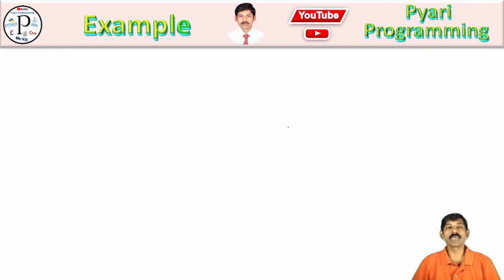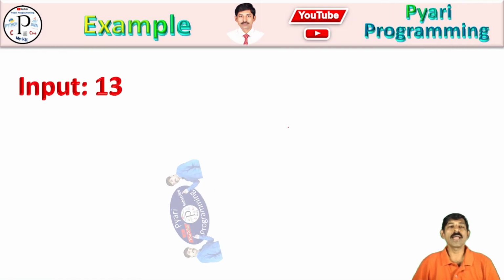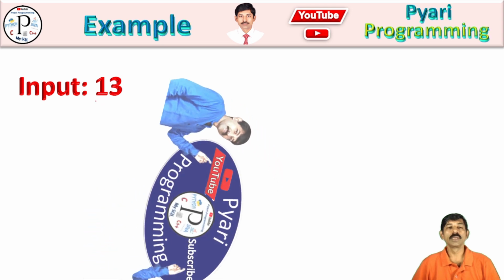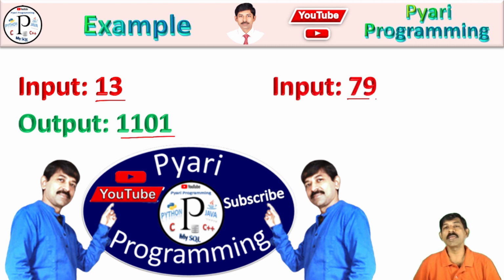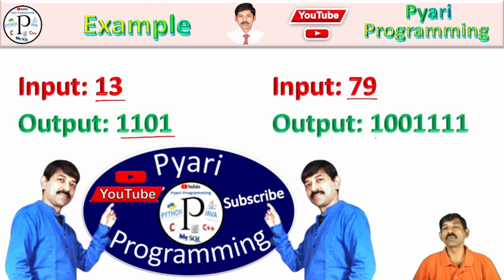So let's see an example. Suppose the user has entered the number 13. Then my binary number will be 1101. If the user enters the number 79, my binary form is